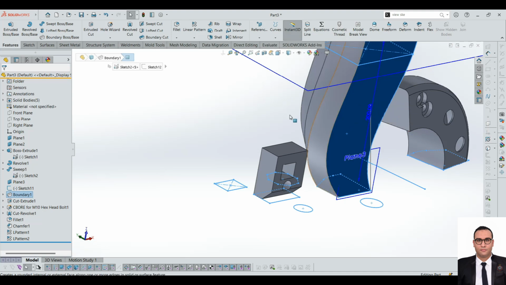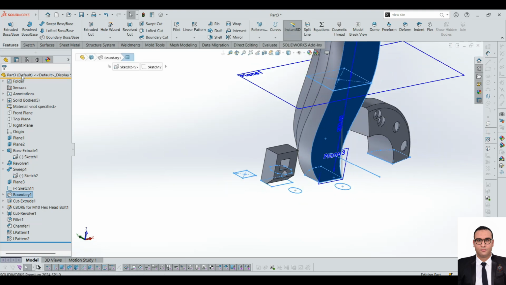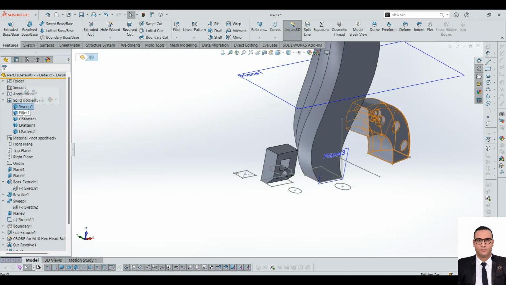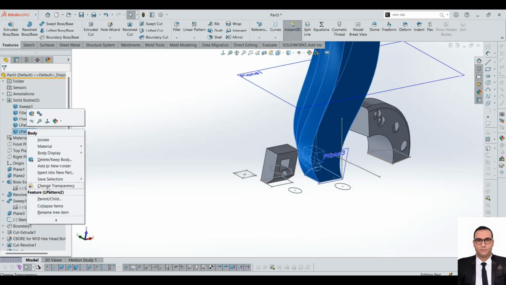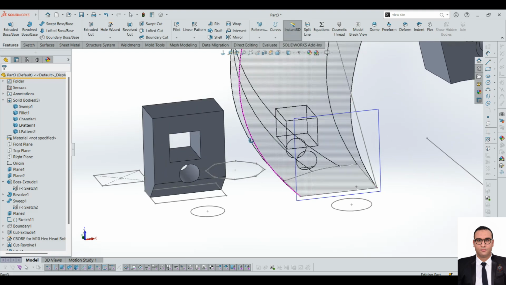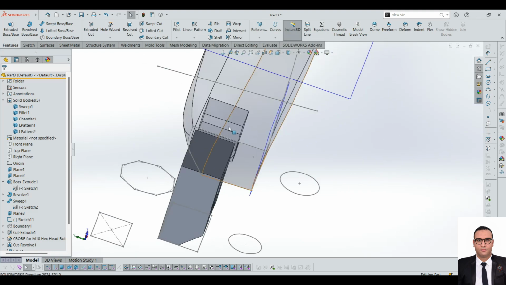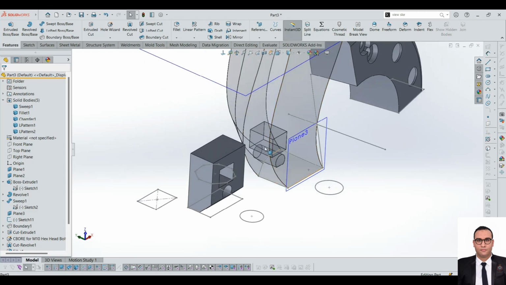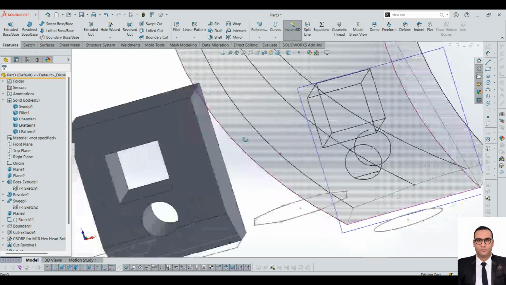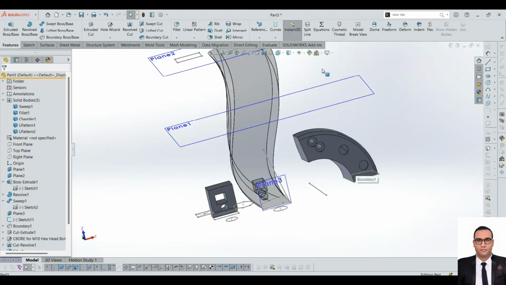if we do this in transparent, we go to this radar here to be able to see all the bodies. See here, this body here. If we make it transparent, we will be seeing the feature that we have done in the linear pattern feature. See, it is already patterned here. So